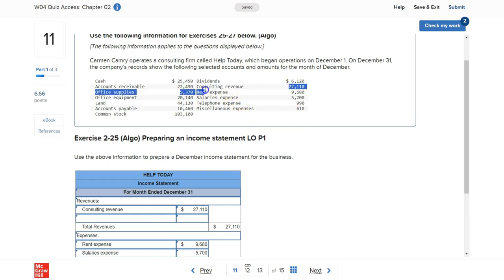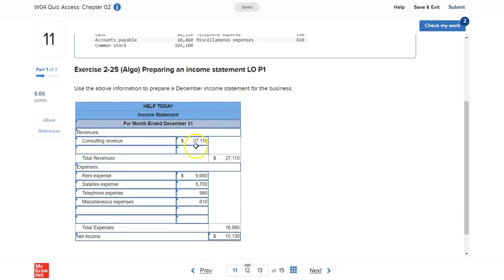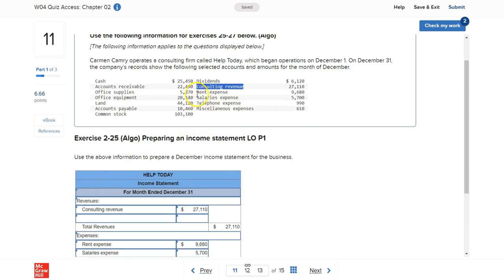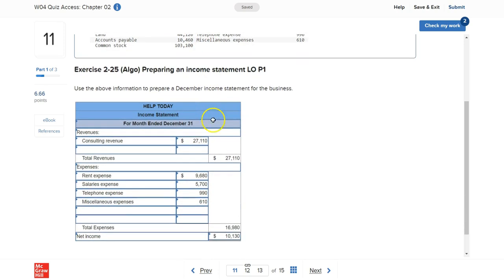For revenues, we just have one, which is consulting revenue for $27,110. As we just have one account for revenues, total revenues will be the same, $27,110. Then we continue with the expenses. We have four expenses: rent expense, salaries expense, telephone expense, and miscellaneous expense. The total expenses are